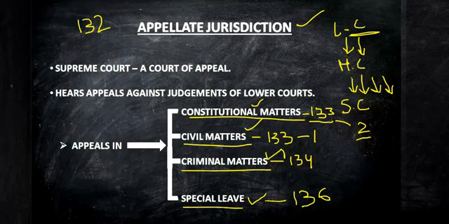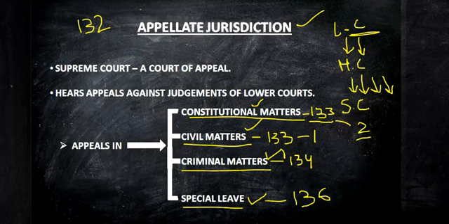Here the judgments or the orders given by any court or tribunal can be appealed in Supreme Court by this appeal by special leave provision. Okay, appeal by special leave provision allows any person to appeal in Supreme Court regarding the judgments given by any lower court or any tribunal or any particular constitutional body. Okay, in such a particular case, that particular aggrieved person can move to Supreme Court by appeal by special leave provision. But there is one exception.